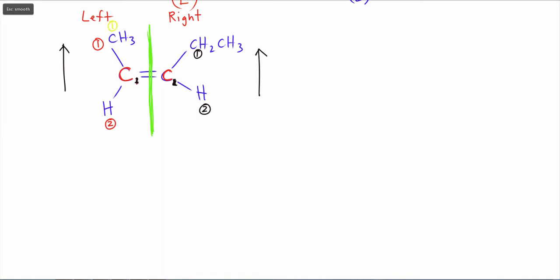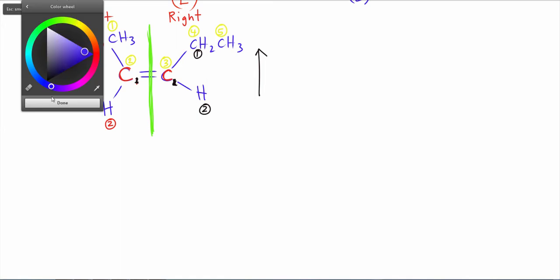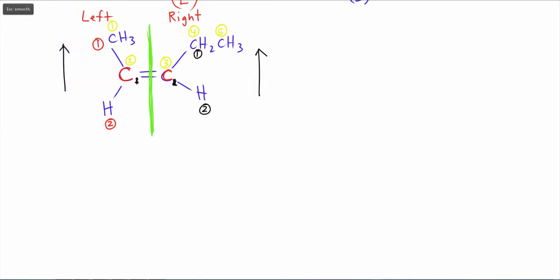So this is 1, 2, 3, 4, 5. Okay, so our double bond occurs between 2 and 3. So this is going to be 2-pentene. Okay, now since we only have one double bond, we don't have to write the 2 with the E